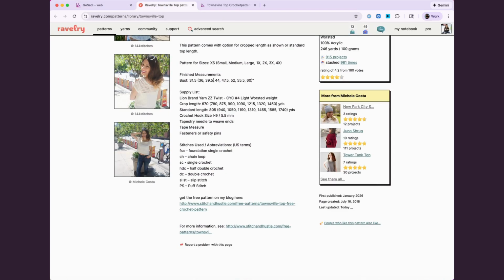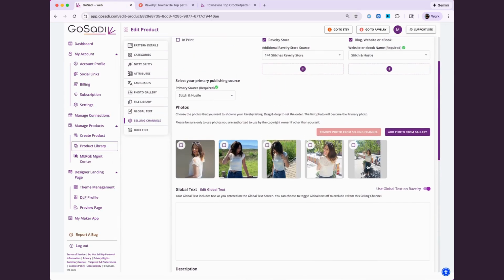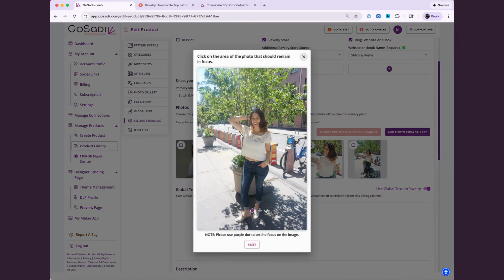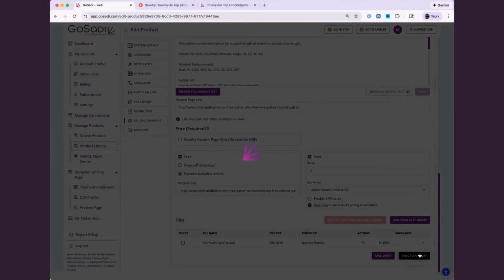I'm going to go back to Ravelry and refresh this page. And look, it just dropped the focus point down. Same like GoSadi works. It's still a square, but it's making sure what I want you to see is now in view. So you want to manage your focal point anytime you have a photo that's not a square, or even if it is, you still want to make sure that you're showing people what is the main focus of this image. So I'm going to go back down here, sync it back to Ravelry,